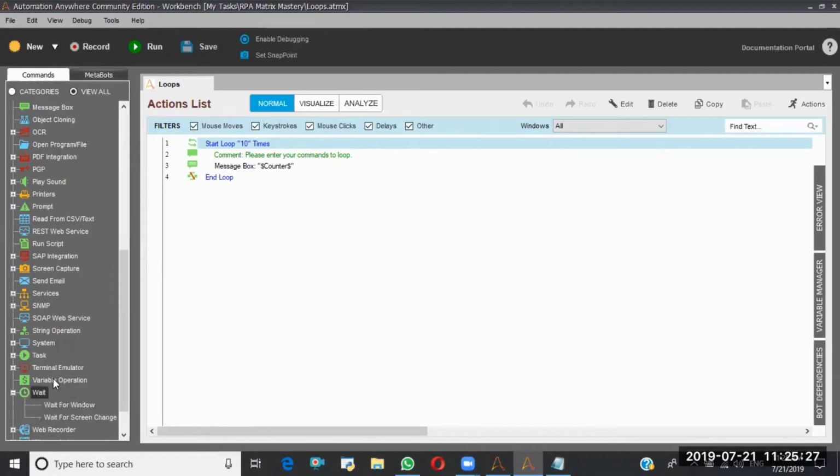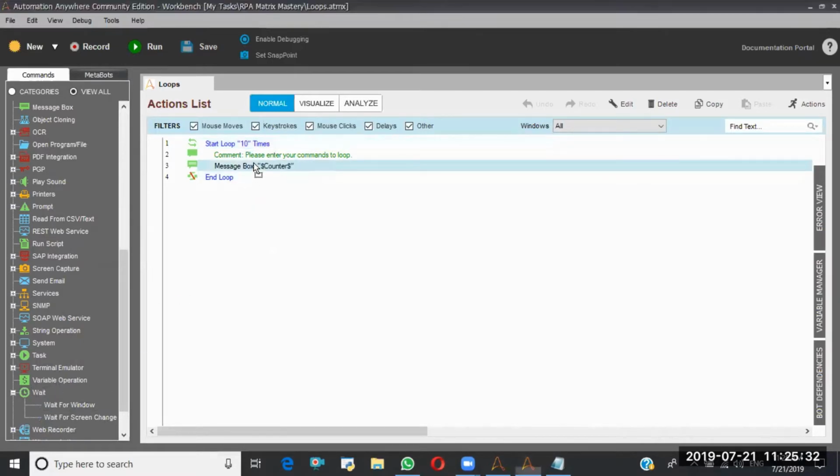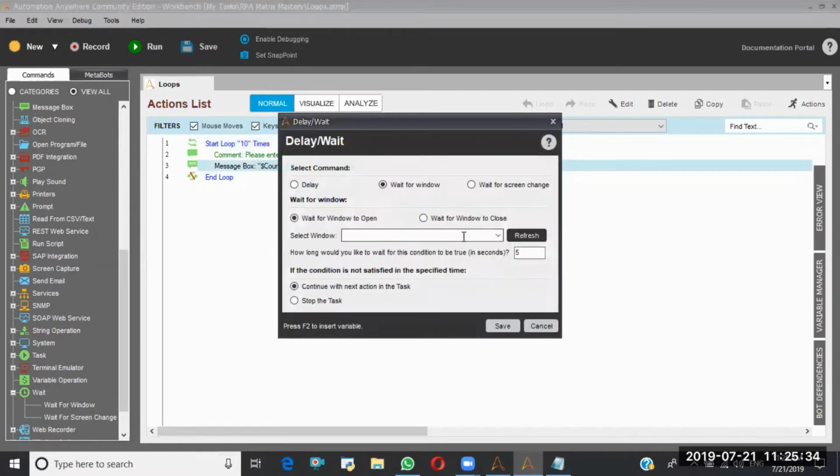wait, and we'll say Wait for window, window to open, untitled notepad, and the waiting period I'll say 2 seconds only.